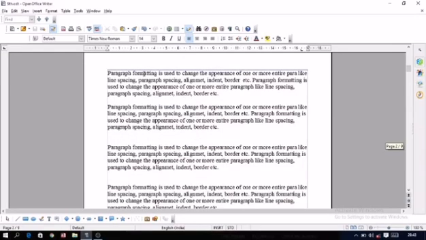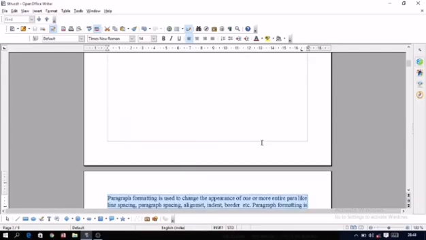Now for example, here some paragraphs are written. This paragraph, as you can see, is starting from the very left hand side. It is starting from the left margin and the text is coming till the right margin. But as you will notice, in the third line the text is just ending till here. This paragraph has a left alignment. Left alignment means text will be even from the left side, but it will be uneven from the right side. So this type of alignment is known as left alignment.